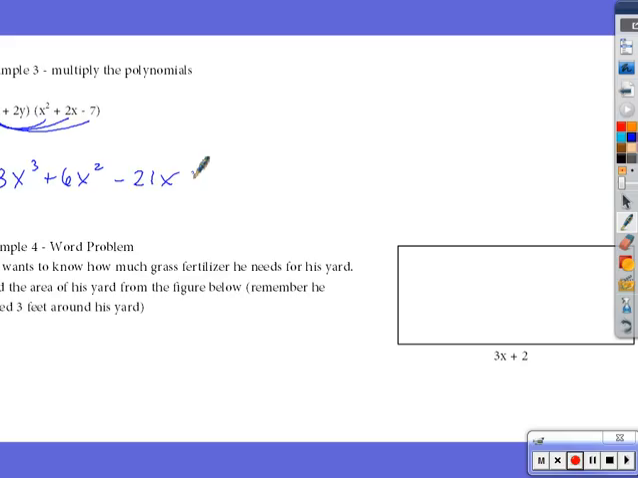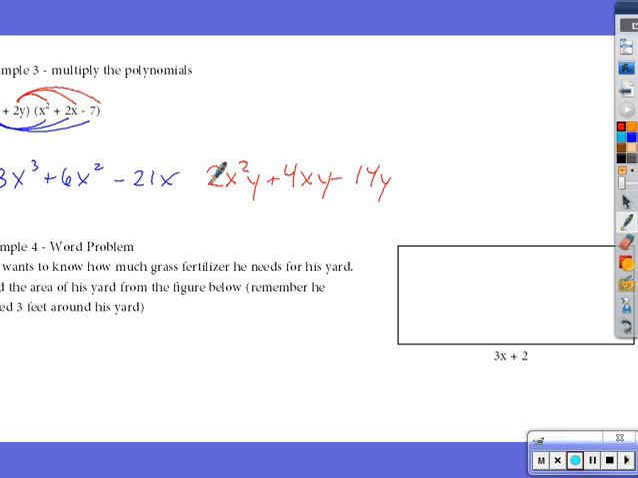All right, and then I'm going to distribute the second term here, which is the 2y. All right, so this looks a little different, but still the same. So 2y times x squared is 2x squared y. 2y times 2x is 4xy. 2y times negative 7 is negative